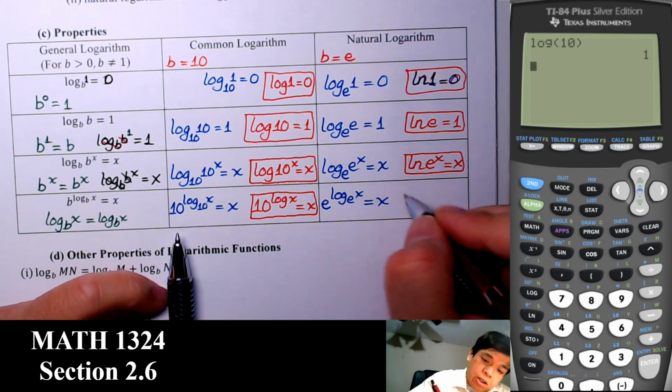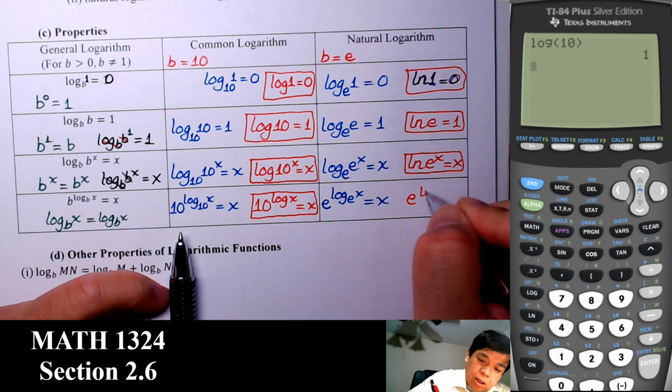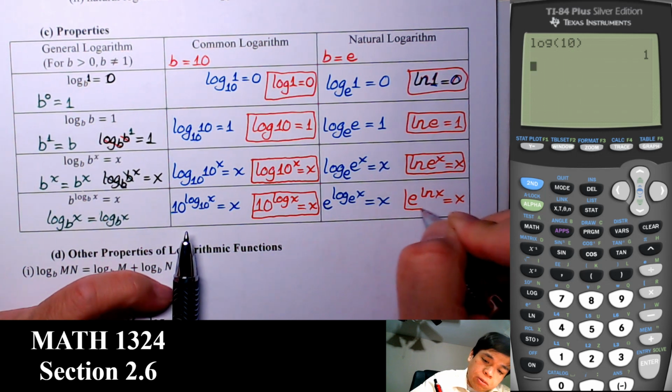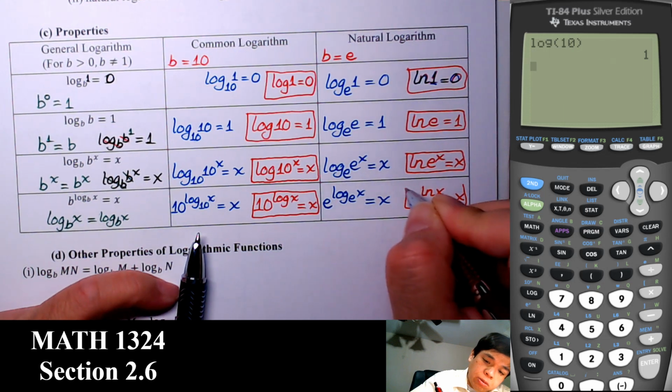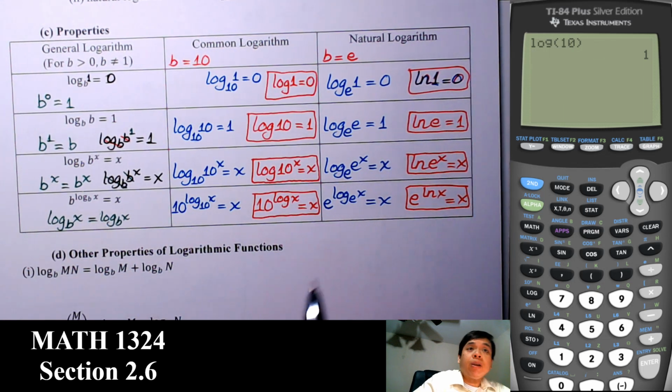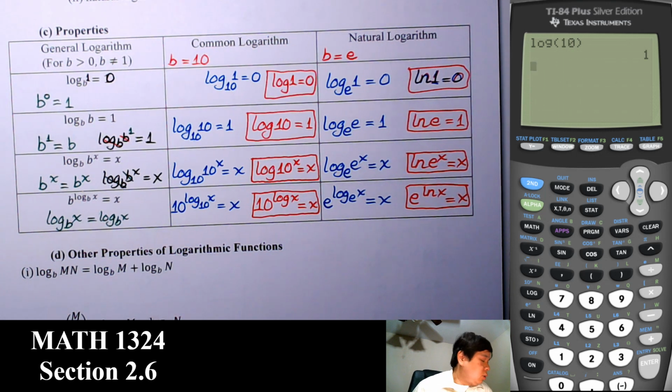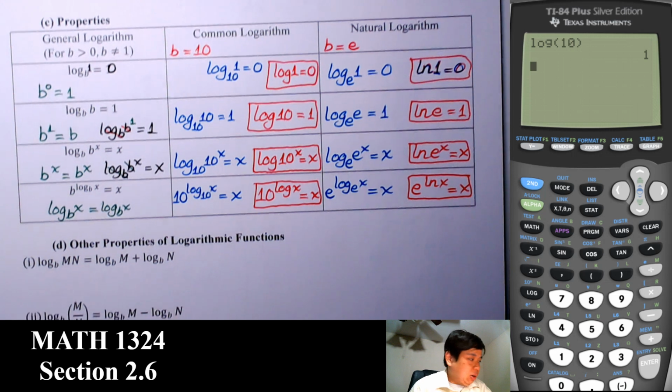So log base e of e is ln of e. Right. So it's that. Right. Now we have all the properties